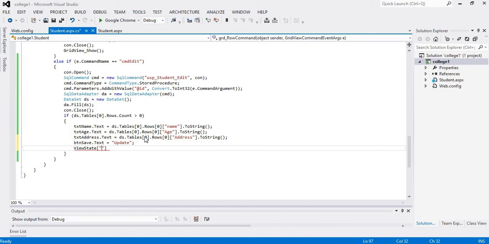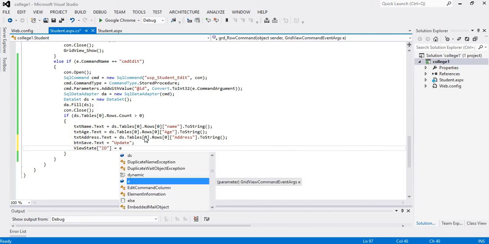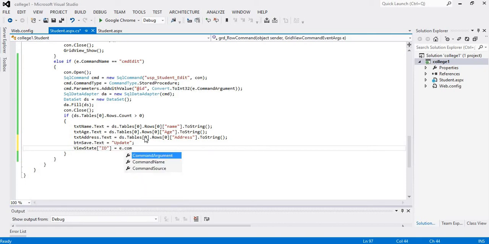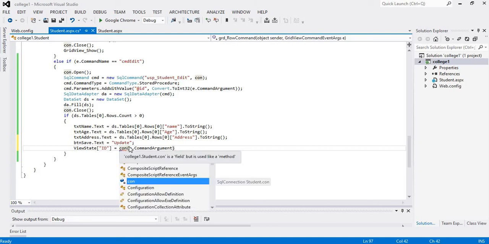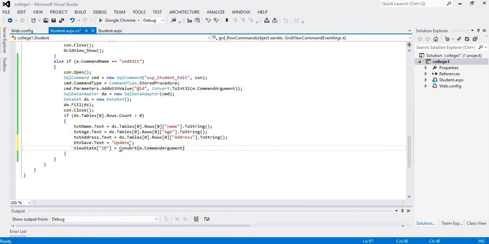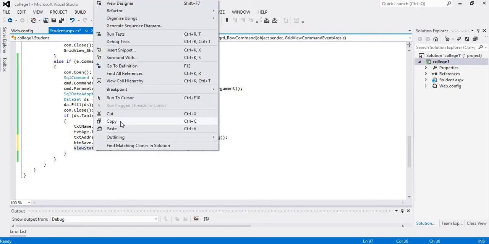We will write idd, or we can write id equal e dot command argument, again converting it to int. Copying this so that we can use it above.